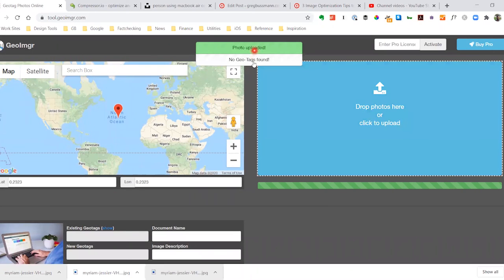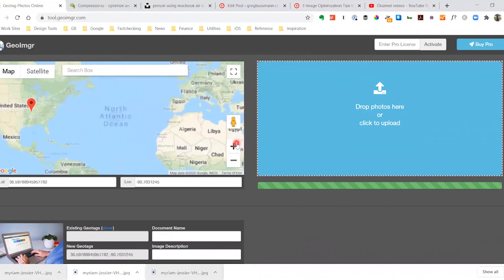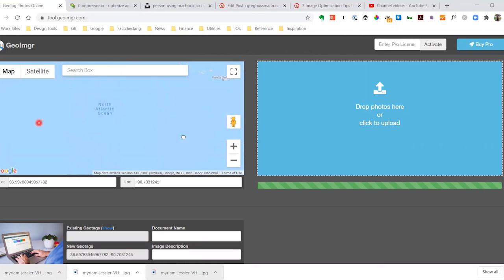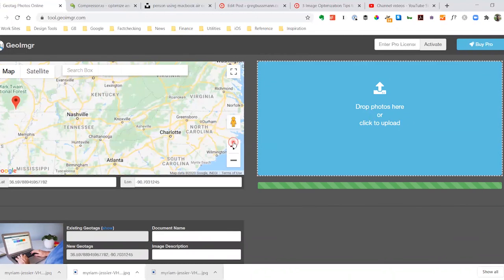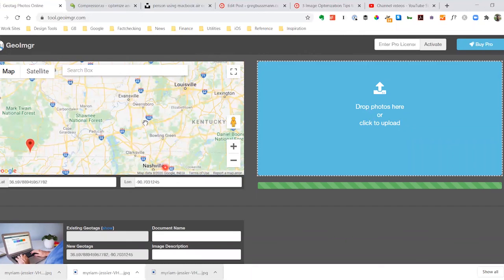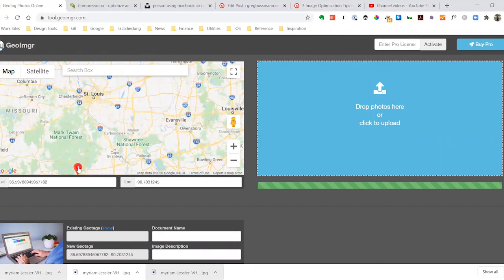It says photo uploaded, no geotags found. So the easiest way to do this, it's a freemium site, so some of the functionality is turned off for the free version, but you drag the pin over to your location. As I said, I'm in St. Louis. Zoom in. I know where St. Louis is, but I like to zoom in until it says it, and then I drop a pin right on